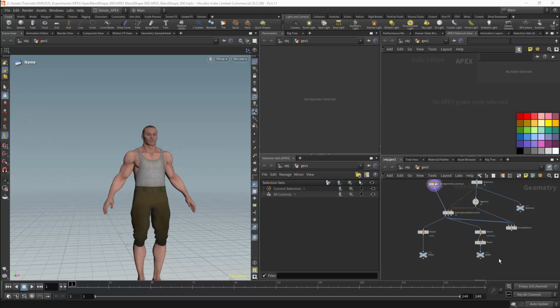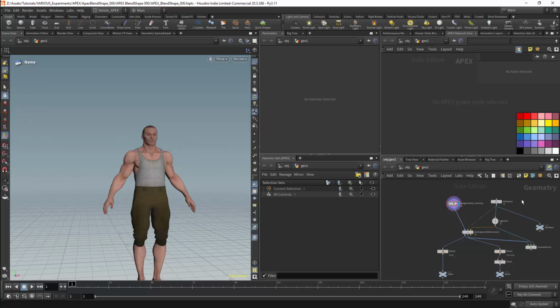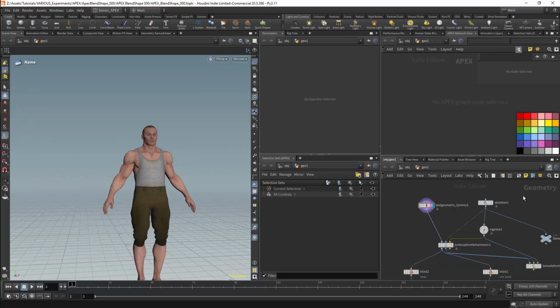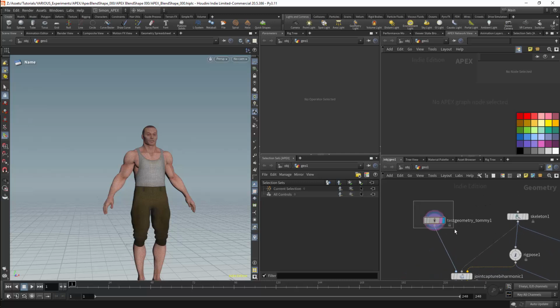I'm going to be looking at how to set up blend shapes within Apex. In this case, I'll look at a manual setup for this. I'm not going to go through the auto rigging system, as the auto rigger node should work correctly with this setup in any case. So I can go through my setup, and first we'll have my mesh, and this will